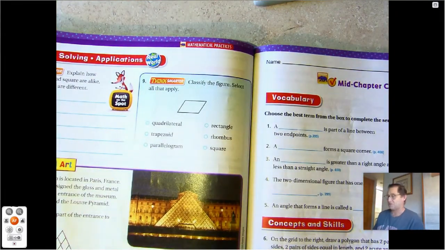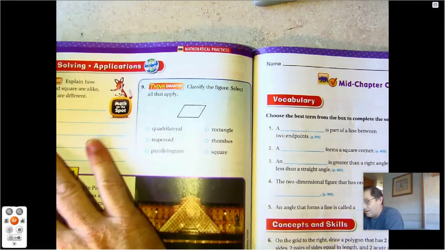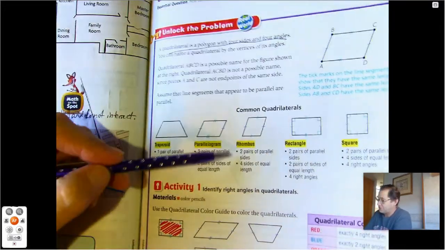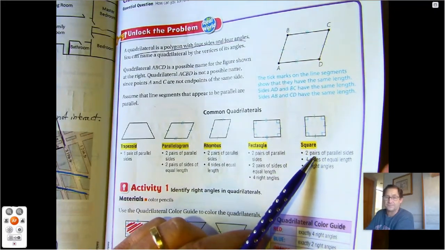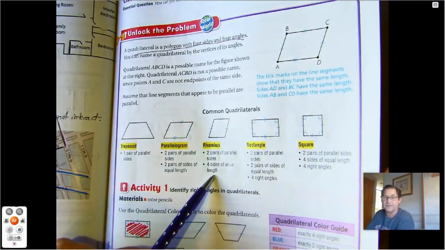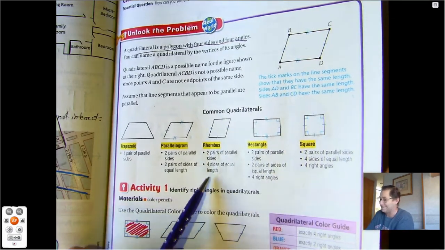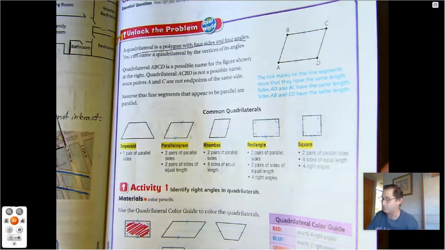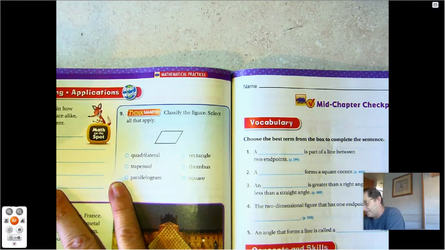Okay, number 8. Explain how a rhombus and square are alike and how they are different. Well, so how are they alike? Let's look at the definitions. A rhombus has two pairs of parallel sides. A square has two pairs of parallel sides. A rhombus has four sides of equal length. A square has four sides of equal length. A rhombus does not have to have four right angles. A square has to have four right angles. So they're alike. They both have two pairs of parallel sides